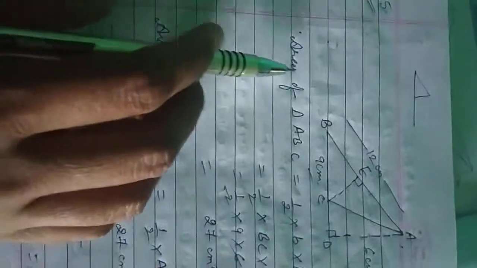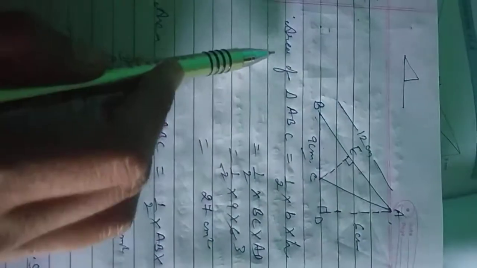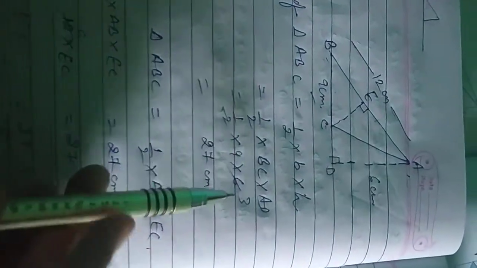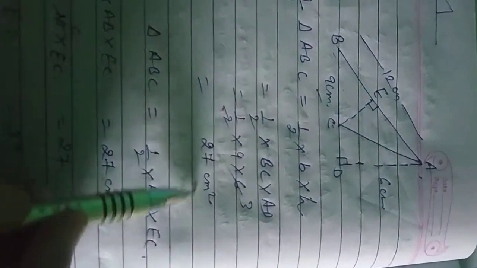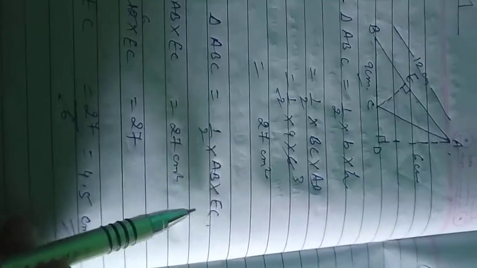Okay, see how. This is a figure. Suppose we find out the area of this triangle, half into base into height. So take BC into height, which is AD, 6 centimeter. Okay. Now just cancel out, 2 3 ja 6, 9 3 ja 27 square centimeter will be the area of this triangle. Now again we are going to find out the area of this triangle ABC to find out the value of this. So half into this time base will be AB and height will be EC.